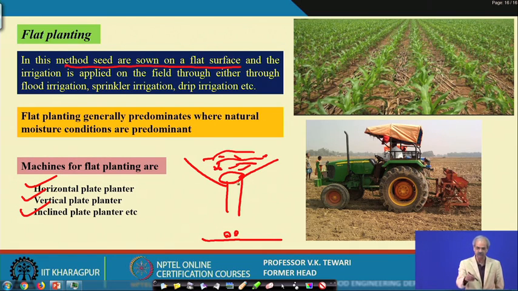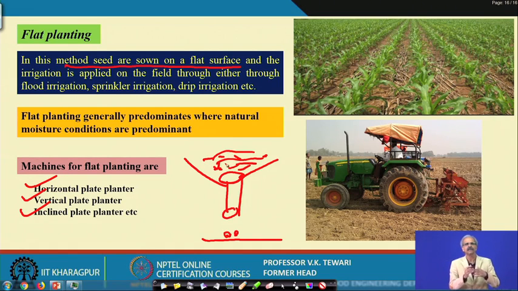it could be a simple opening by which you can leave it and then the seeds will fall, or you can have a horizontal plate in which the seeds are taken and then they are delivered at a certain location and they go into the soil, or you can have a plate which is vertical and then that vertical plate is moving inside the seed hopper itself, picks up the seeds on its periphery and then discharges the seeds, or you can have an inclined